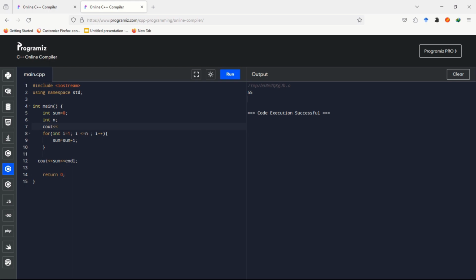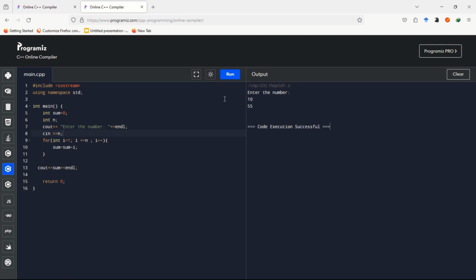So cout enter the number, and redirect the value inputted from the user into the n, and now we can execute our code. Enter the number. So I am writing the first 10 natural numbers, and here it is the sum of first 10 natural numbers. We can make it more visually appealing by writing cout